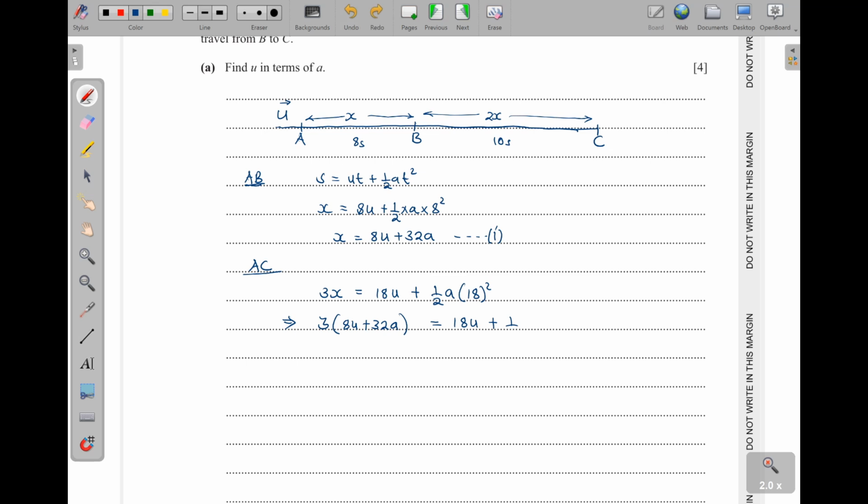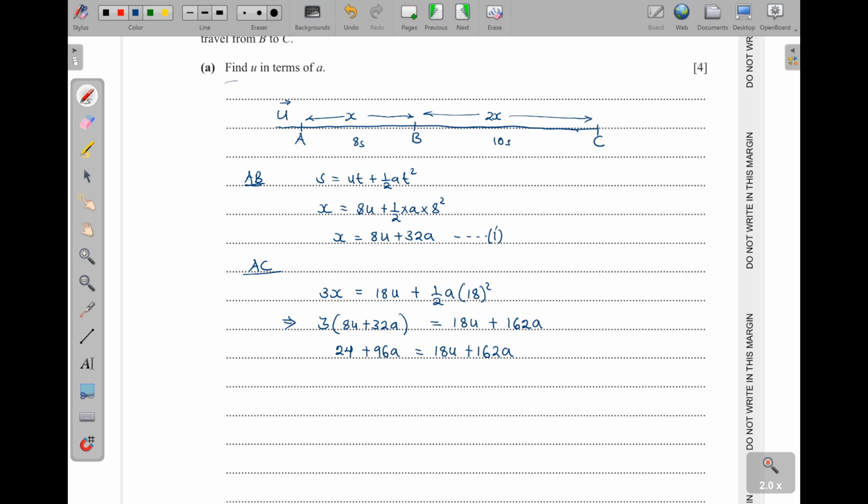Okay, let us simplify this right away. 18 squared is 324. 324 divided by 2, you get 162a. Now when I multiply all through by 3, this one will be 24u. When I open the brackets, 24u plus this is 96a, and then this one will be equal to 18u plus